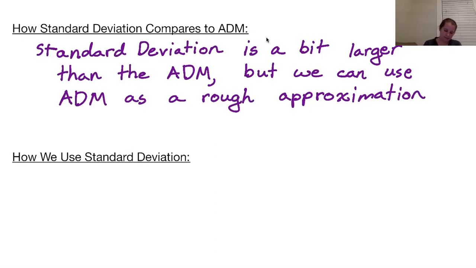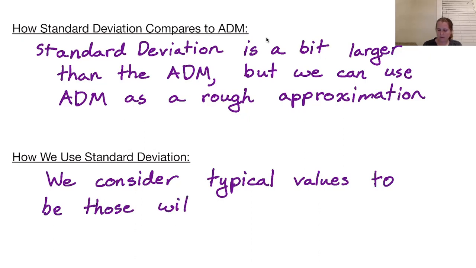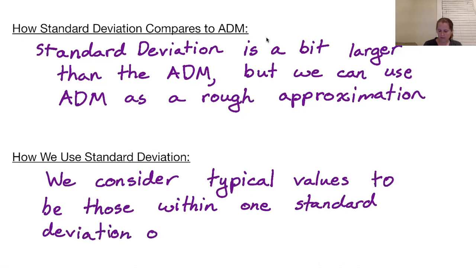With standard deviation, we consider typical values to be those within 1 standard deviation of the mean. So what I mean by that